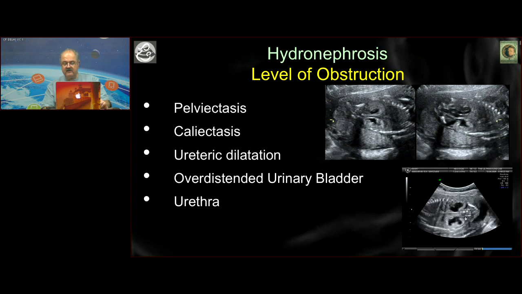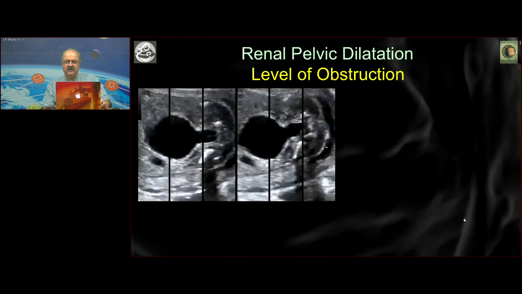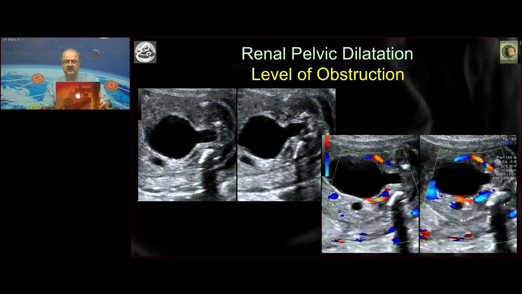Do they fill up? Do they not? Is there anything washing up from the bladder? There I see a transient filling of the ureter. I will wait many minutes before I confirm that. And once I see what all is filled up, I move on to try and make sure that what I'm looking at is truly a urinary bladder, and I will confirm that by putting color on the side and making sure that yes, indeed, this is a dilated posterior urethra, that this is the bladder, and I see both the umbilical arteries on the side. Remember that